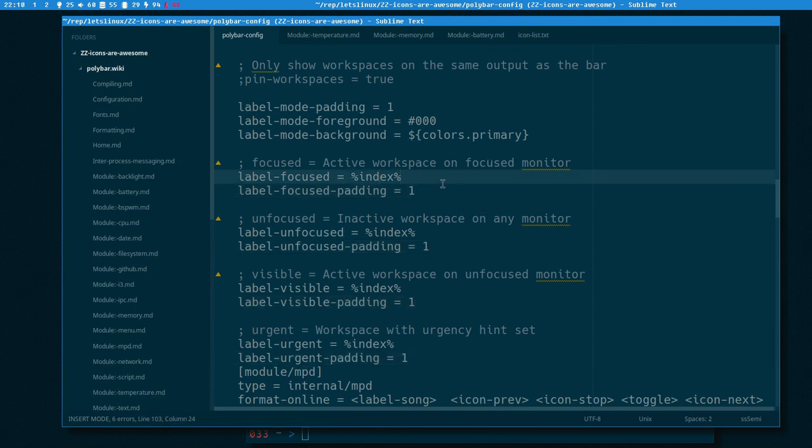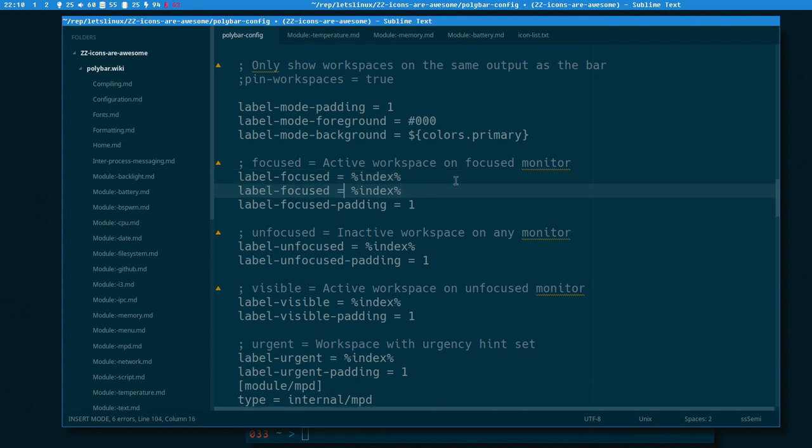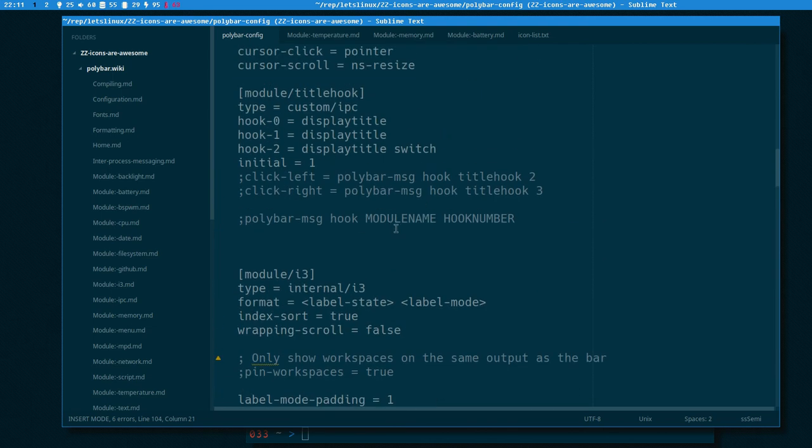Maybe we can also focus the foreground equals, yeah, let's make it black. No, foreground, that's not a word. Now we see which one is active, but we will make a much cooler and better workspace indicator. But at least I think, in my opinion, that the bar is much nicer looking, and now you know how to quickly find